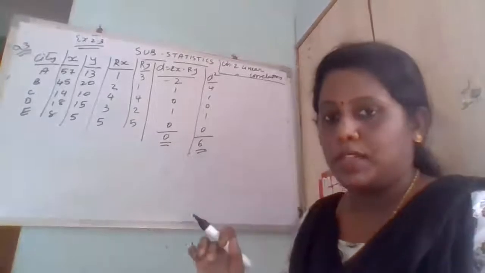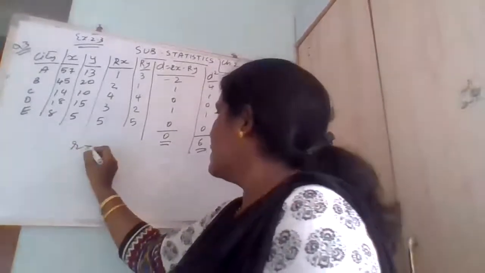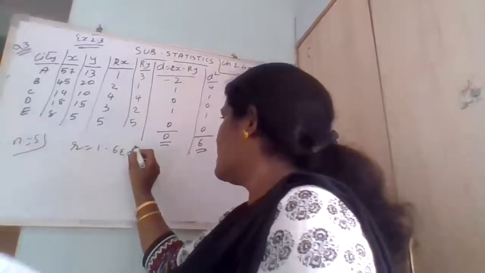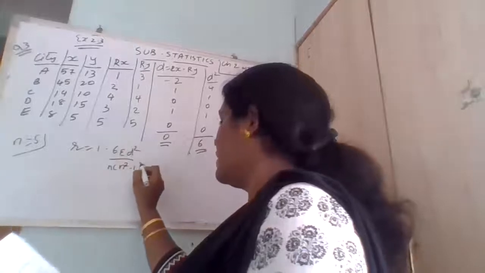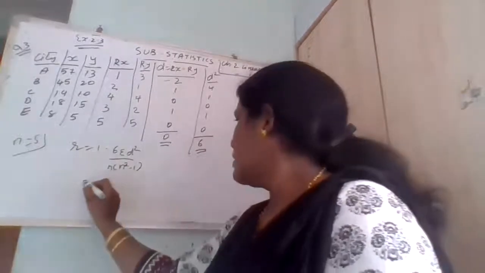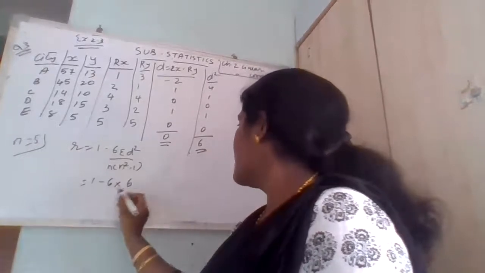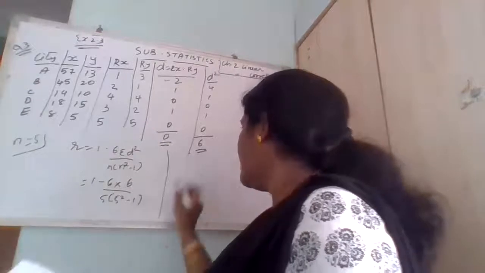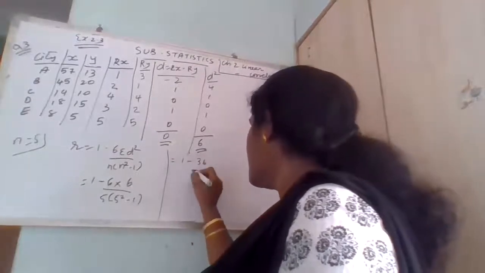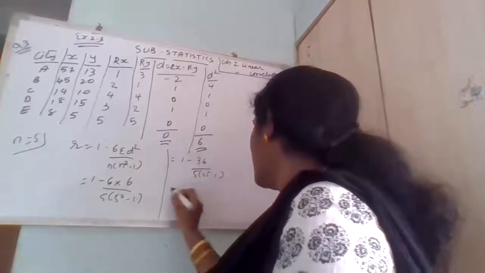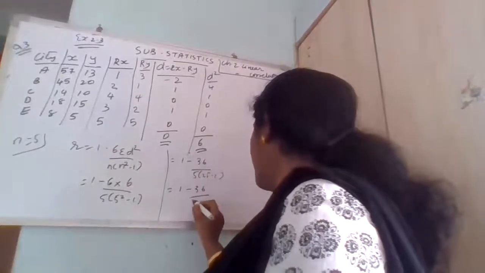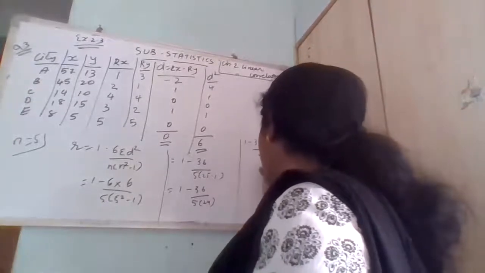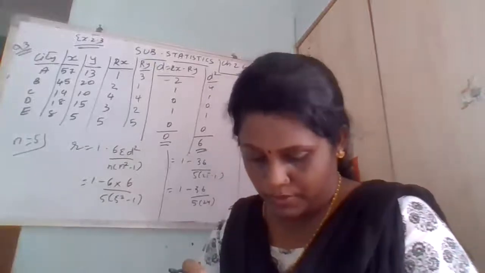Now, simply we will put the values in the formula. r equals 1 minus 6 sigma d square upon n square minus 1, and n is 5. So 1 minus 6 into 6 upon 5, 5 square minus 1. That is 1 minus 36 upon 5 into 25 minus 1. 1 minus 36 upon 5 into 24. 24 into 5 is